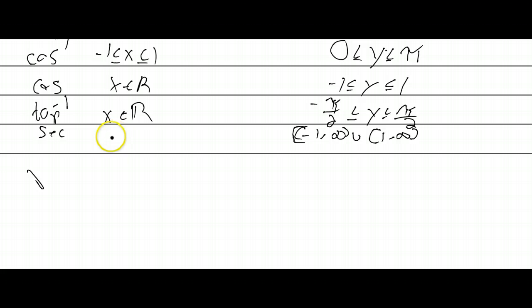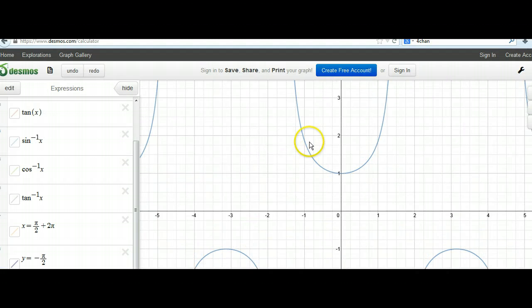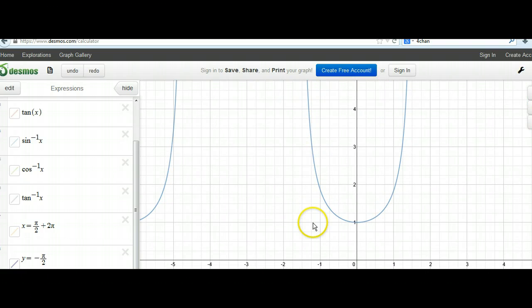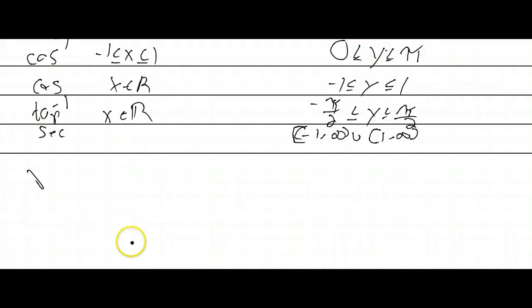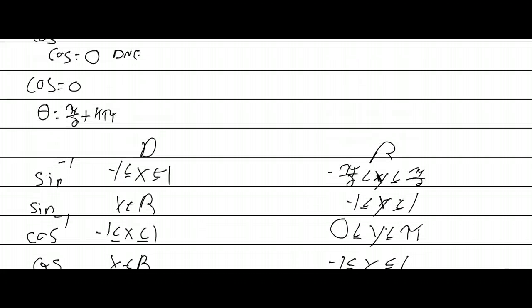Now our domain. Let's look at our graph. Our domain grows in spurts, right? So it's the same thing. You have to remember that secant is 1 over cosine. So our domain is going to be all real numbers except when cosine is equal to 0. It's going to share the same domain as tangent, except for the multiples of